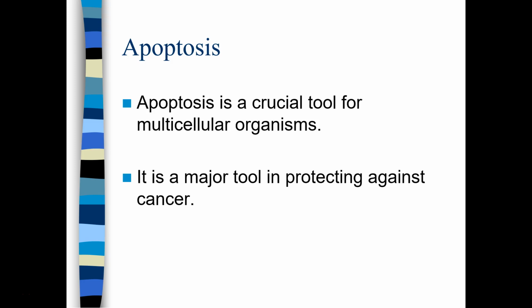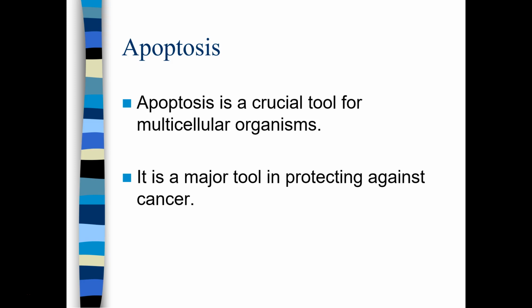So there is space between your fingers. When we were all a fetus, we had webbed fingers, right? We had skin that ended up being between our fingers. And what ends up happening is that the cells in between our fingers end up dying, right? And they go through apoptosis. So apoptosis is actually crucial for regular organismal development, in addition to protecting against things like cancer.